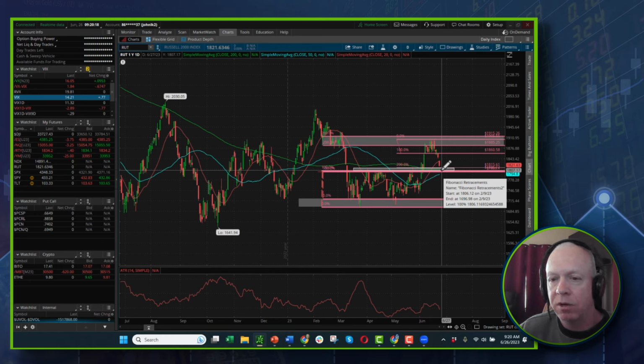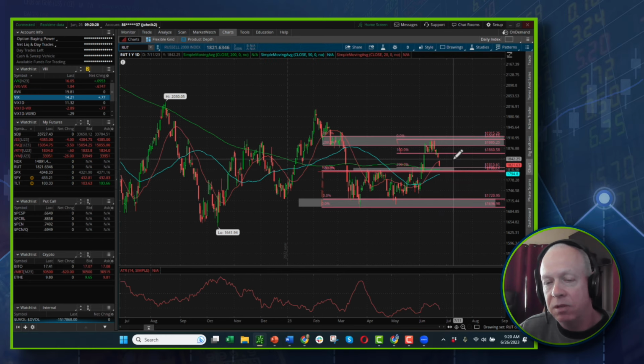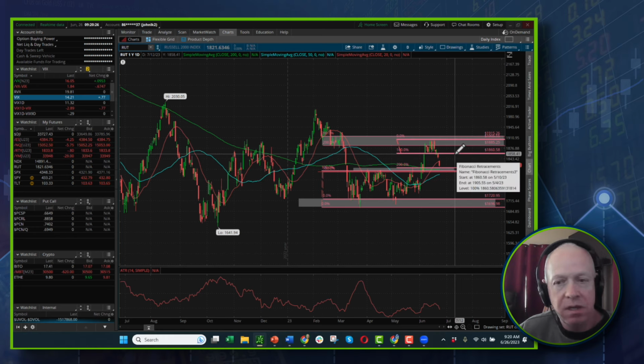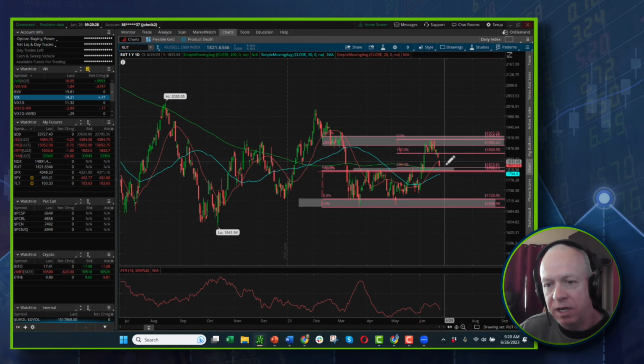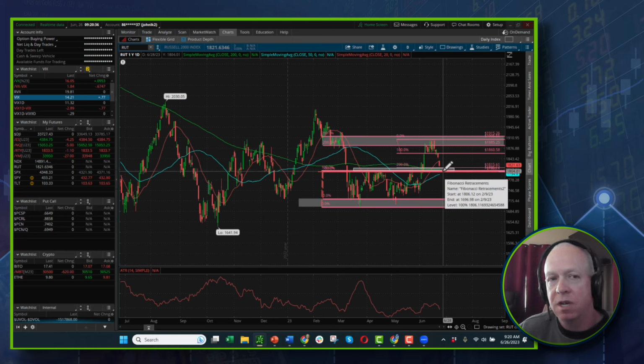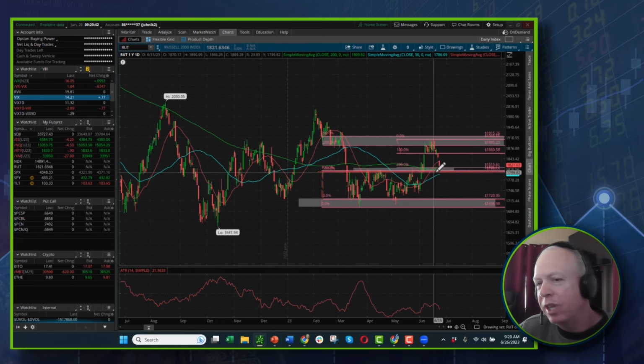So this could work out one or two ways. This bounces and brings up the other levels with us, and we retest the highs on that index. Or the other indexes come down into their levels, and this breaks support. So this is becoming a little bit questionable on whether that's going to hold. The probabilities are starting to drop a little bit on that, but we'll see. I do think it probably is.